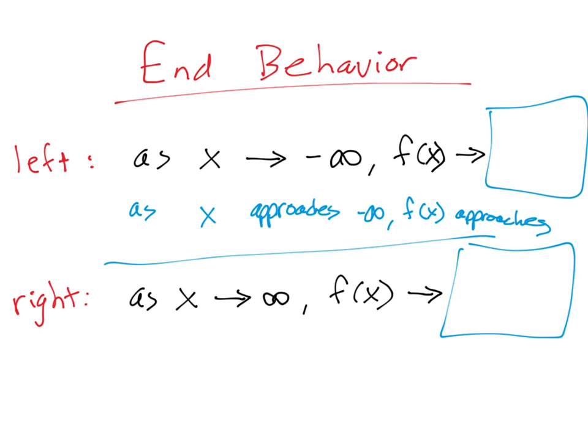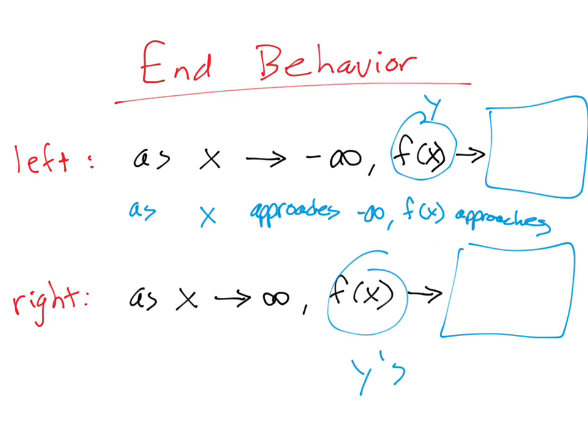The right end behavior is almost exactly the same, except this. On the right side of all functions, if you go right forever, your x's aren't approaching negative infinity. That's left. Your x's are approaching positive infinity. Remember, if you think about a number line, if you go right forever, you're approaching positive infinity with your x's. If you look at your function, you can see how high it's going. So remember, these are like the y's.